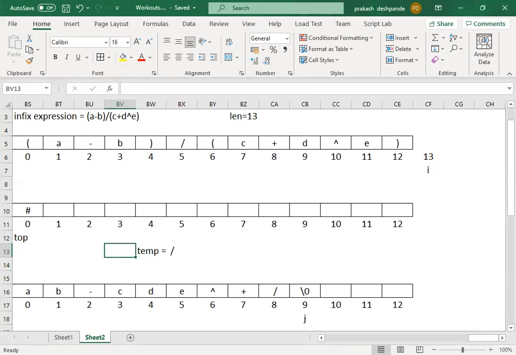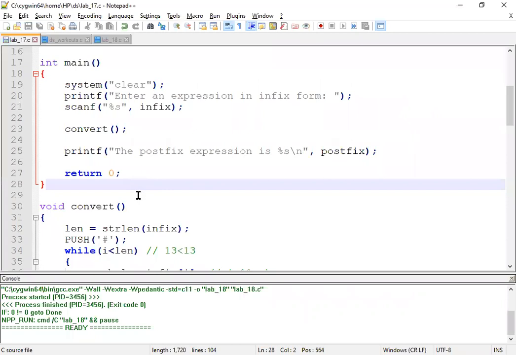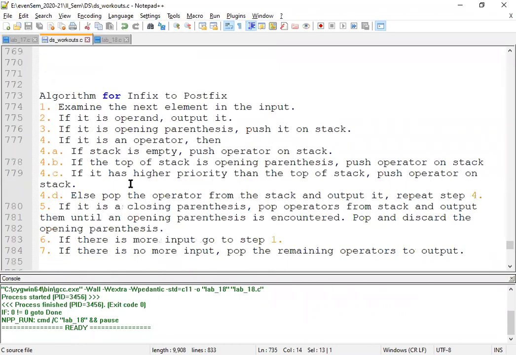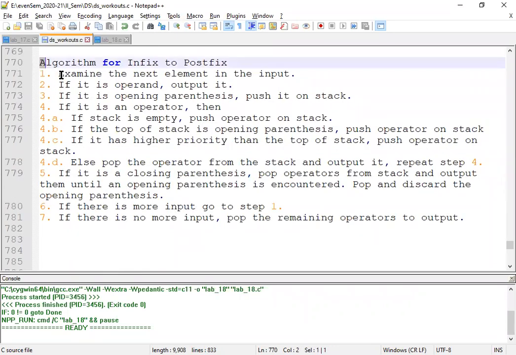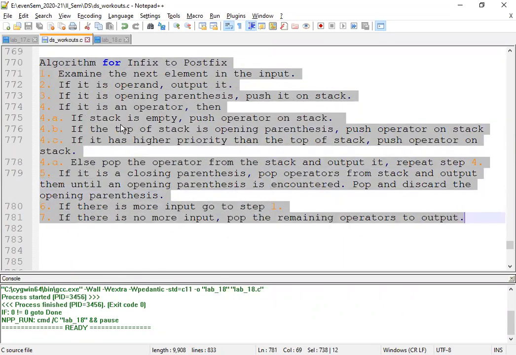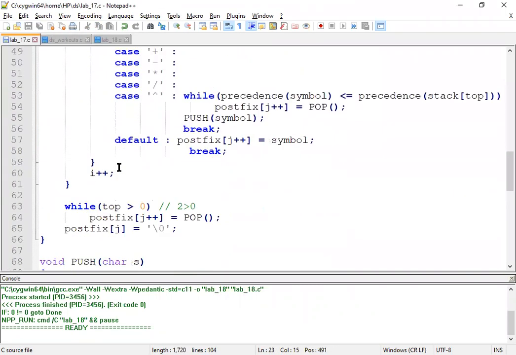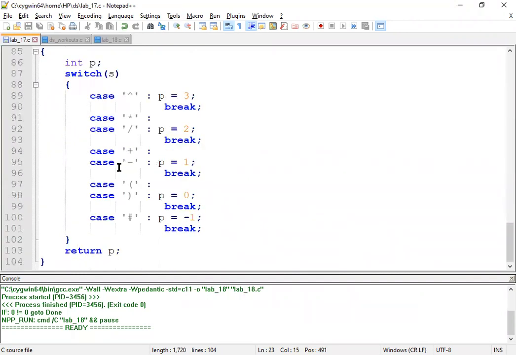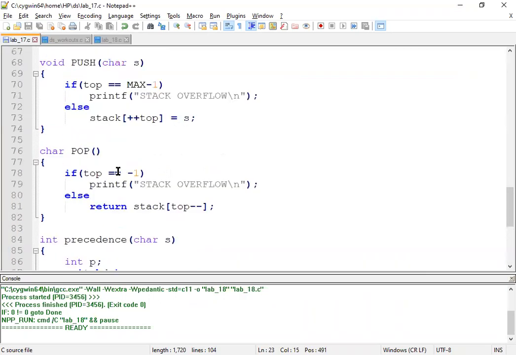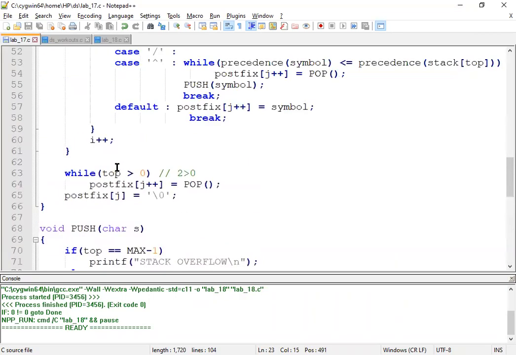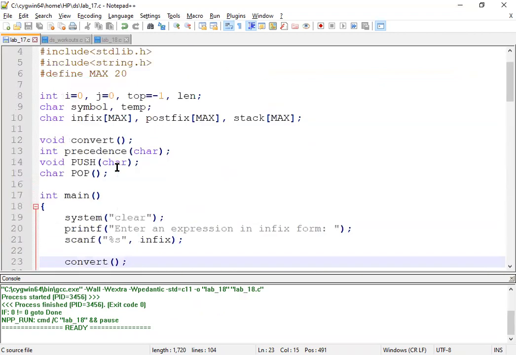Students, if you remember, in the previous class we went through one of the algorithms that gives the proper steps in converting an infix expression to the postfix expression, right? So here is the algorithm. Based upon this algorithm only, the code which we just saw is written. I will share this code with you, and also the algorithm. Try to trace the program with another example for better understanding.